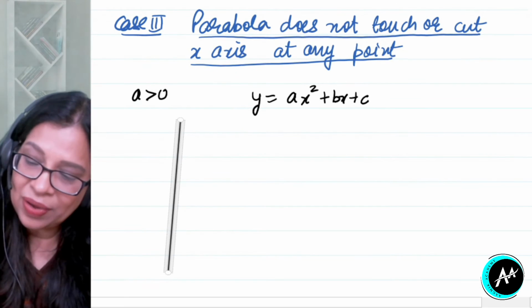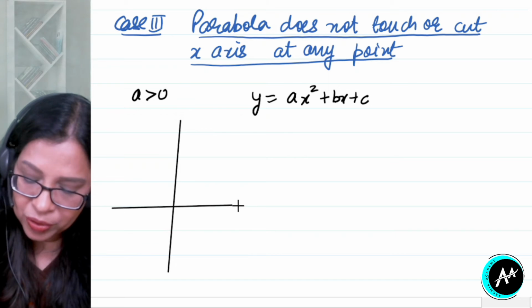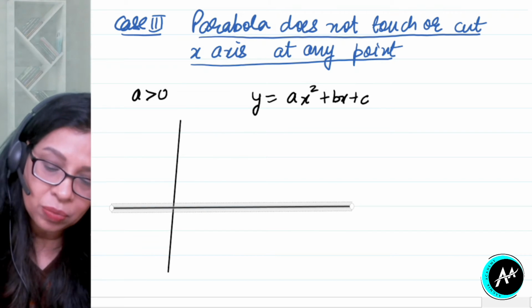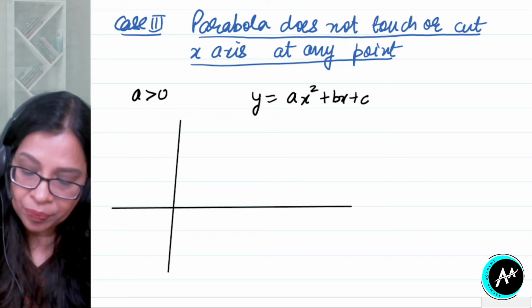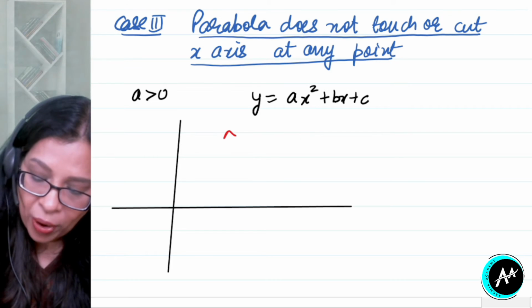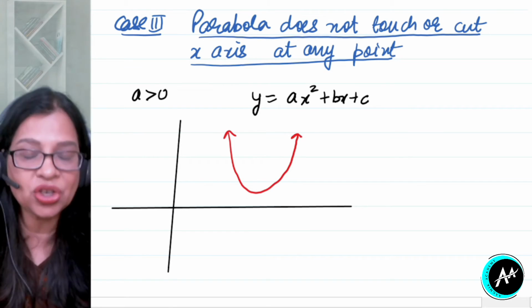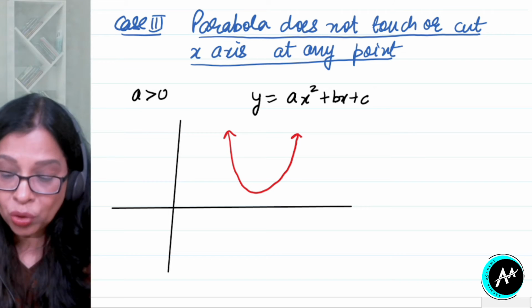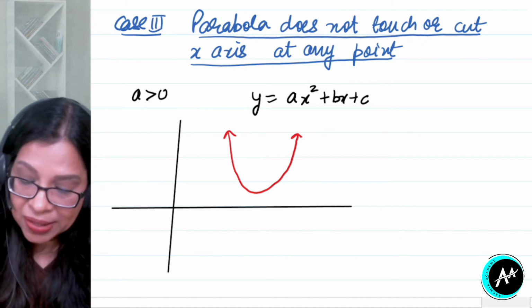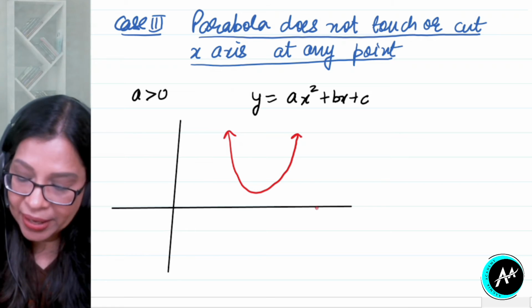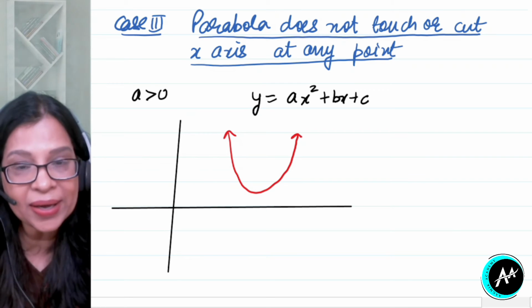Okay, so I will have parabola opening upwards. Now parabola would be somewhat like this. इस तरह से होगा. ठीक है, अब देखो एक भी पॉइंट पे पैराबोला इसको टच या कट नहीं कर रहा, तो इसका मतलब कोई ऐसा पॉइंट नहीं है बेटा जहां पे y 0 है. There is no real value of x. See, there is no real value of x for which y is 0.